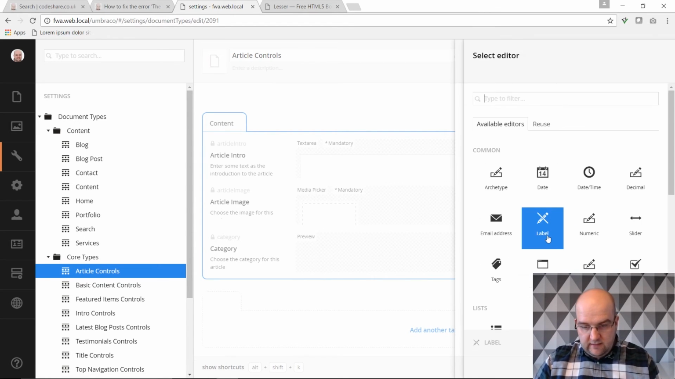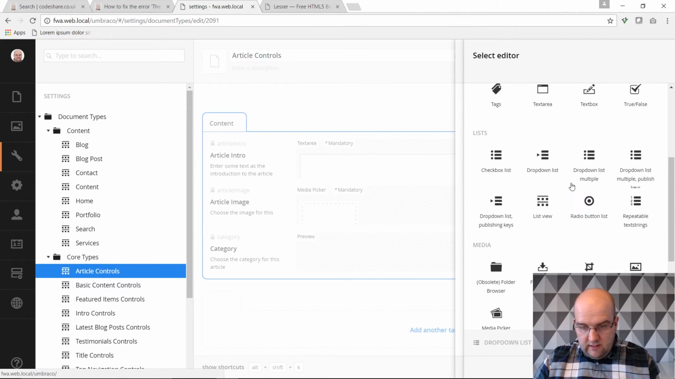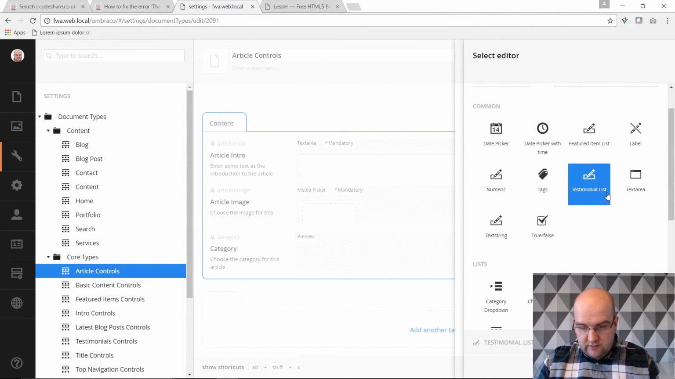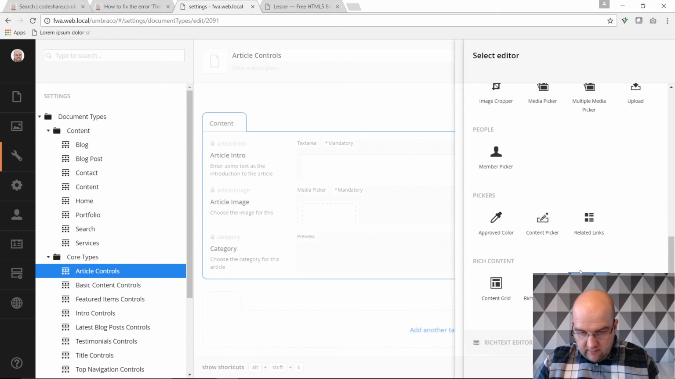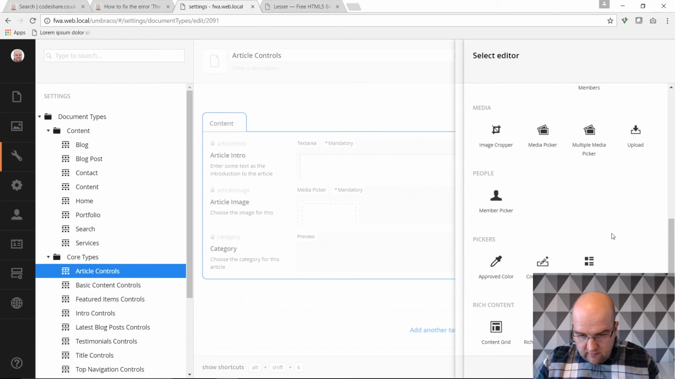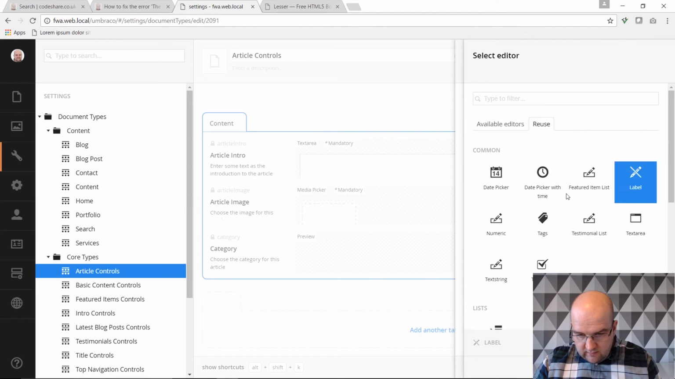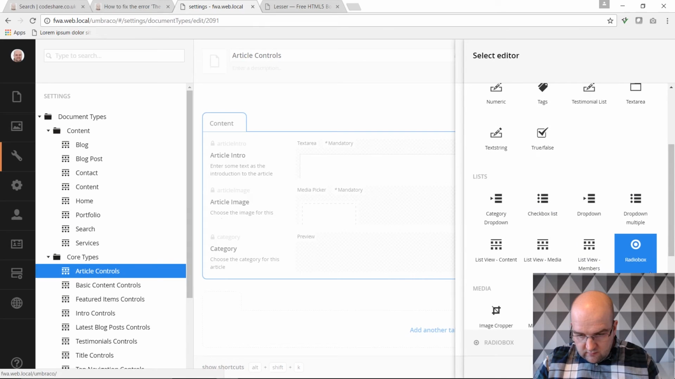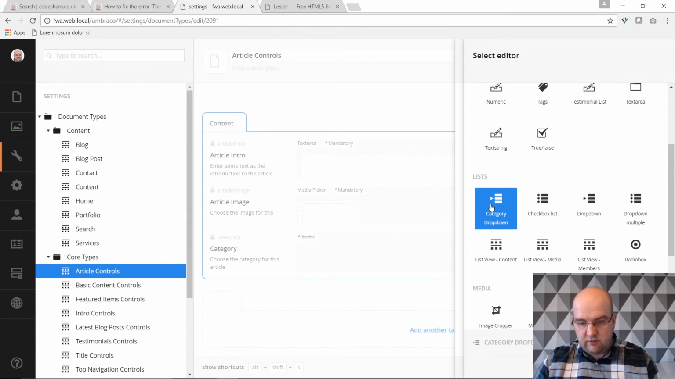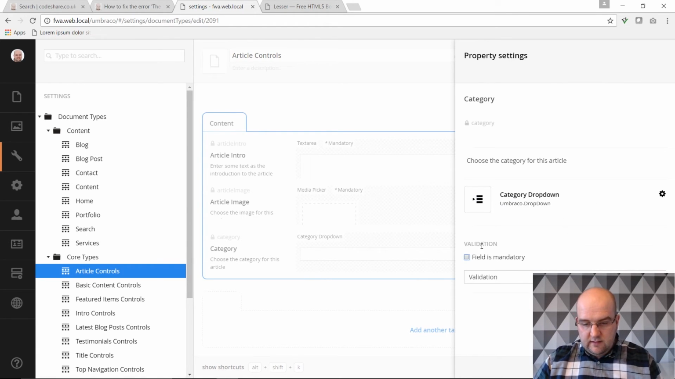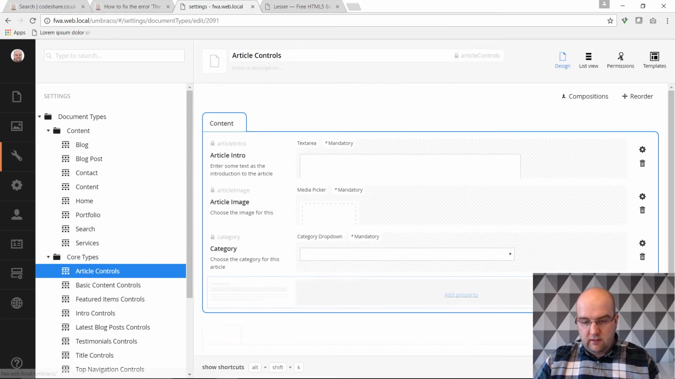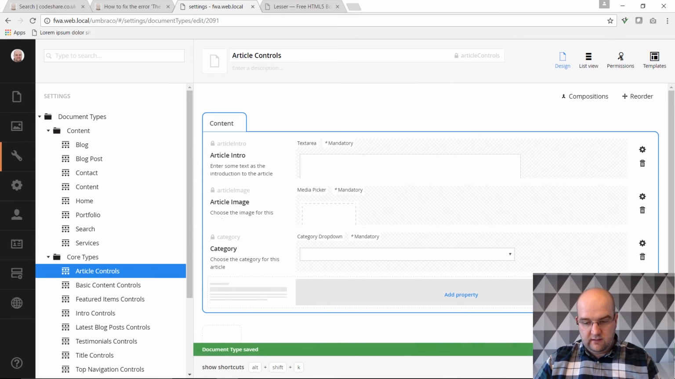Then we'll add an editor and I will reuse the one that I just created, and that was the category picker. I've not spotted it yet. Can you see it? Category drop down, there it is. So I'm going to make it mandatory as well, so all articles have to have a category, and I'm going